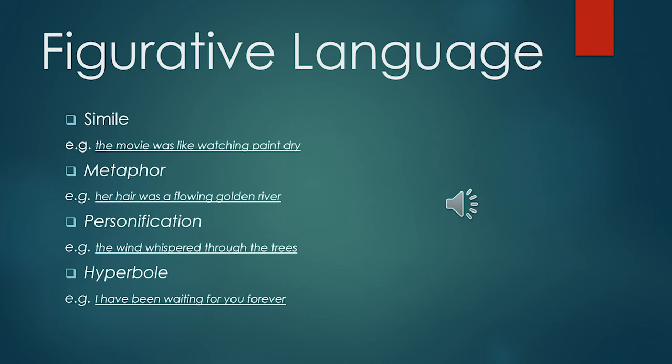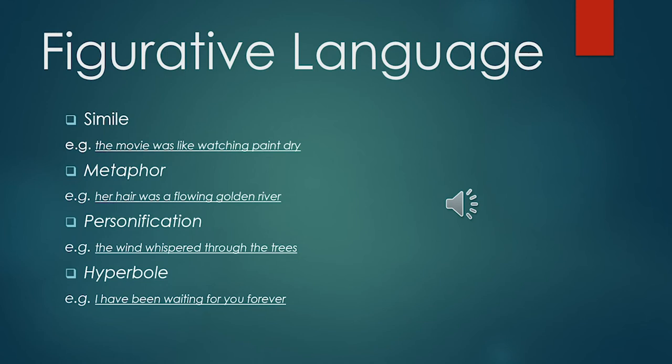You could not eat a horse. A horse is too big. You would never be able to eat a whole horse. Okay? So, it is something that could not be achieved. Now, why do they use it? Poets use it to exaggerate the emotion that is going on at the time. So if you look at the example